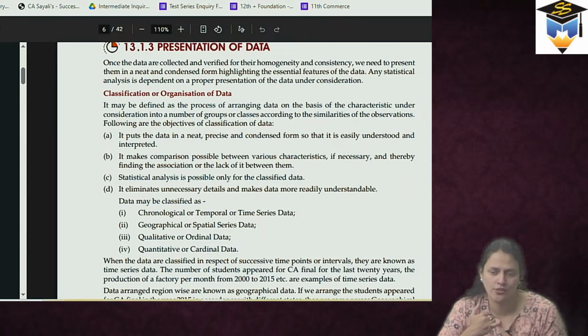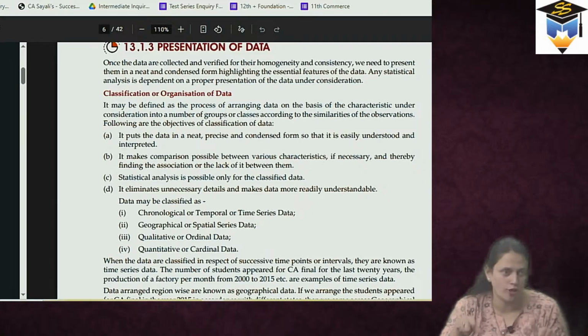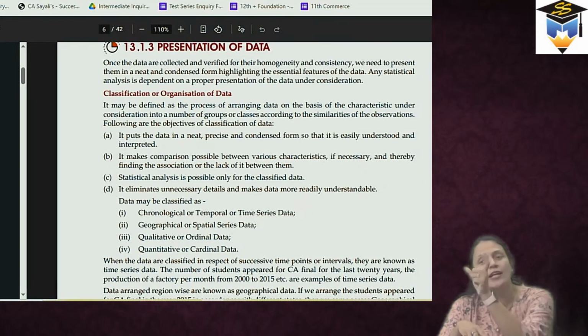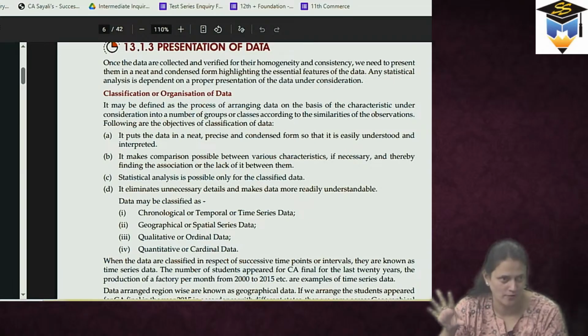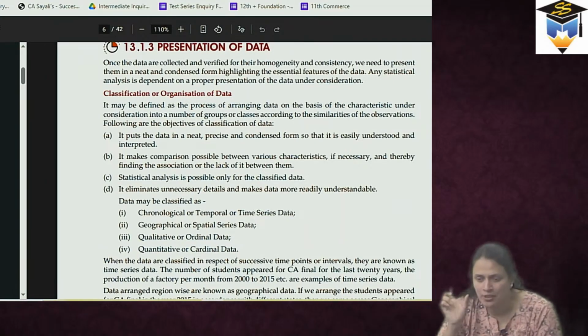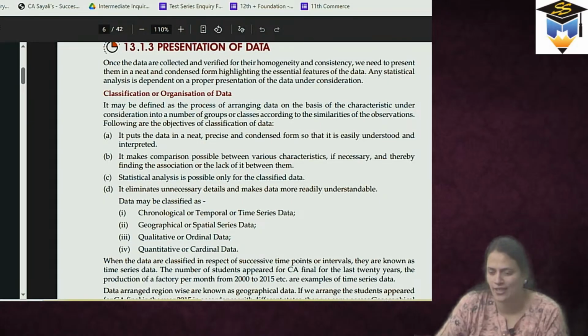Okay. So classification or organization of data. Now what is organization? It is defined as a process of arranging data on the basis of the characteristic under consideration. यानी क्या? So basically, if you remember tally marks, what was that? Frequency distribution table we used to draw. Then from that we used to find out what is the actual frequency of each and everything, and then at the end we used to find out the total summation. Okay, so that is a particular type of organization of data, we can say.